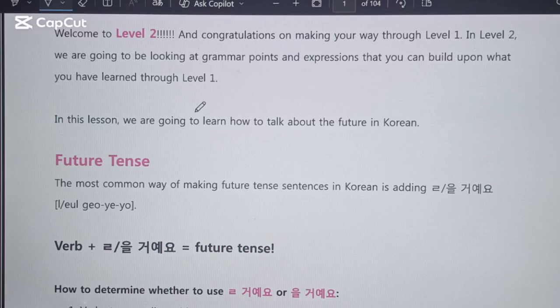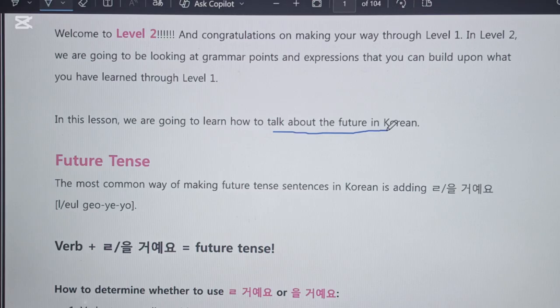I have been doing some reviews for Korean language, and recently I've been looking at Talk to Me in Korean PDFs, and I'm reviewing level 2 right now. So if there's anyone out there that is also doing level 2, or maybe you're just starting level 2, or you also want to review like me, you can come along on this journey, watch my videos, let us review it together. So in today's lesson, we're going to look at how to talk about the future